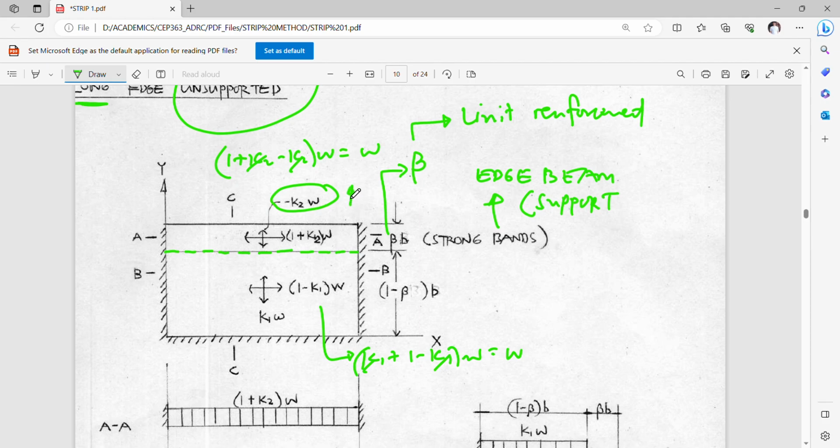So the load is directed upward, means this serves as your spring support. Okay? It's like a spring support that is acting like an edge beam support